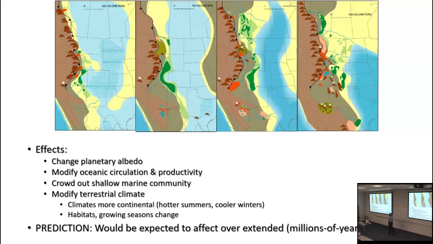So there's a basic aspect of ecology that the number of species a habitat can support has a relation. It's a nonlinear relation, but it is a positive relation with the area. So when that area gets reduced, the amount of biodiversity it can support goes down. Well, if it's going down everywhere, that means we're going to be losing large parts of the shallow marine community